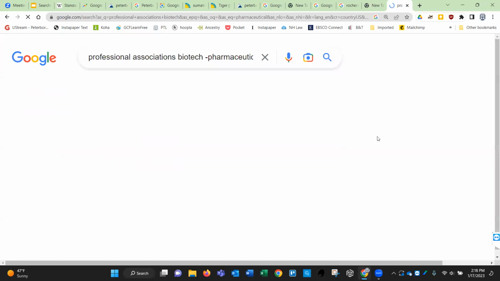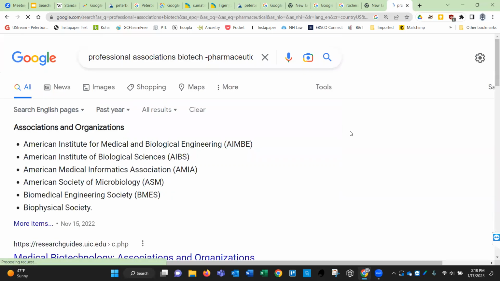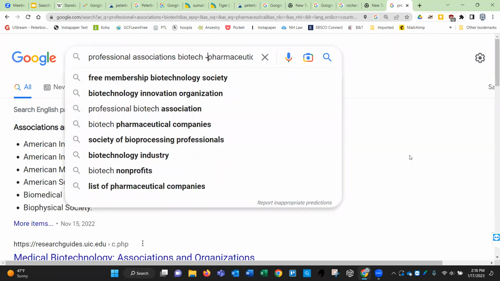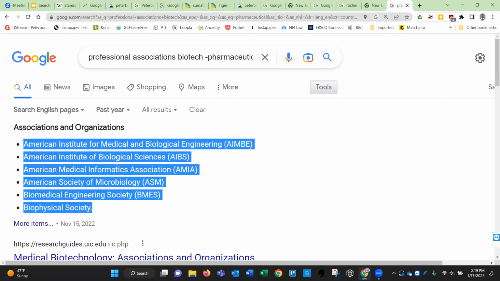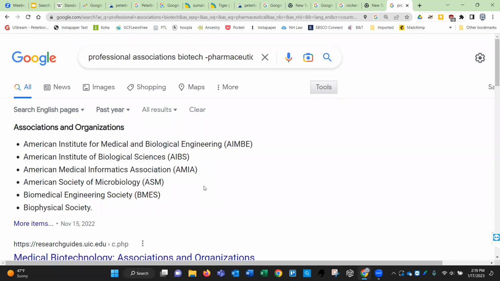And then advanced search. So basically, advanced search is a way to, instead of using all of the commands, like you see it redid this. It also redid past year English pages. If we go to advanced search, it allows us to build a search using all those terms without us having to remember them. Excellent. Thank you. Perfect. And then I feel like this would be a decent list.